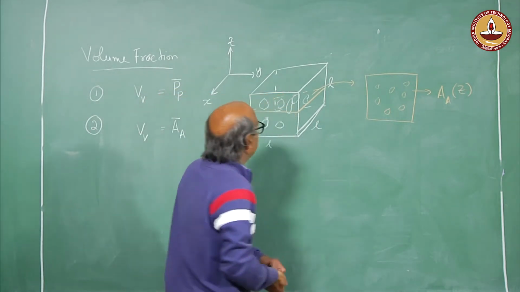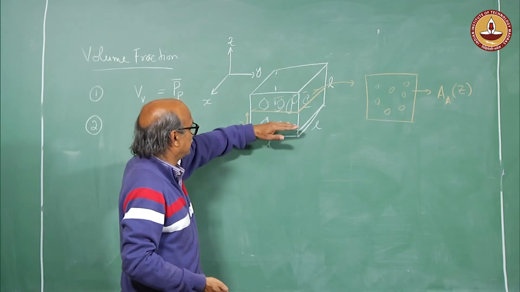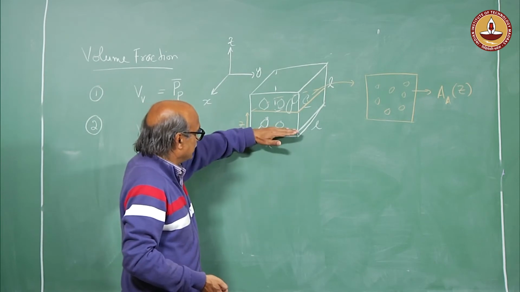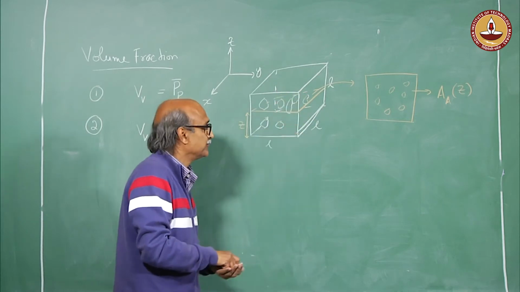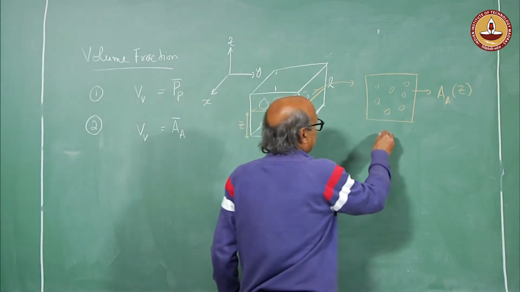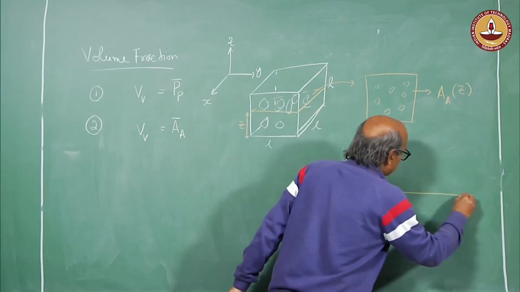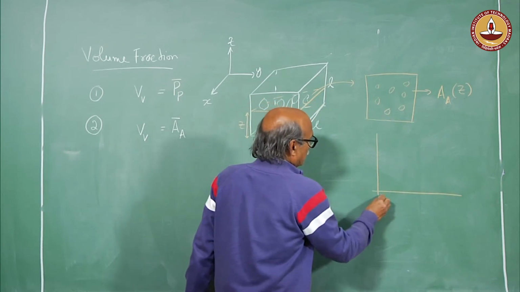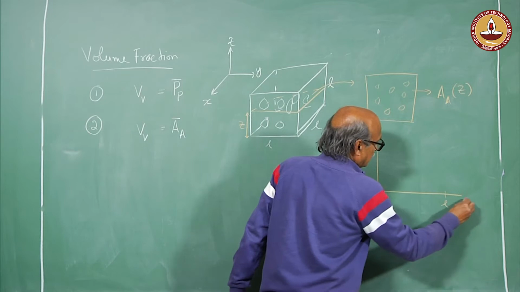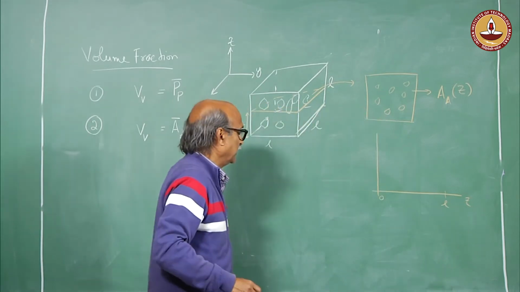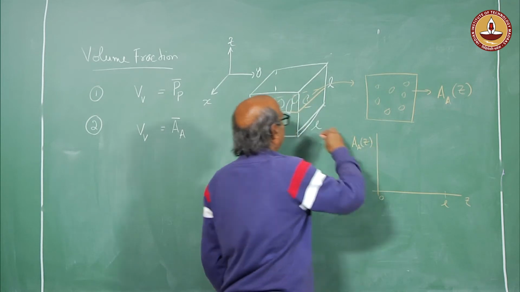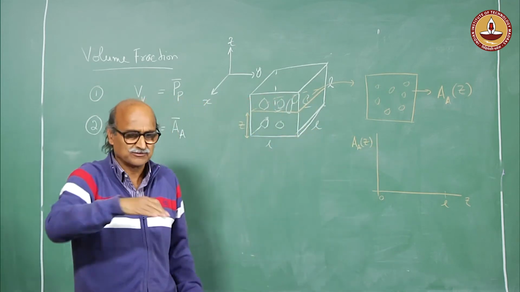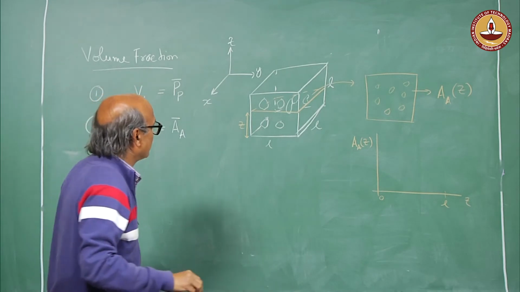Now, imagine if I section this at different positions of z. What I will get if I were to plot, all the way from 0 to L, z varying from 0 to L, area fraction z, obviously at different sides I am going to get somewhat different values of area fraction, and it